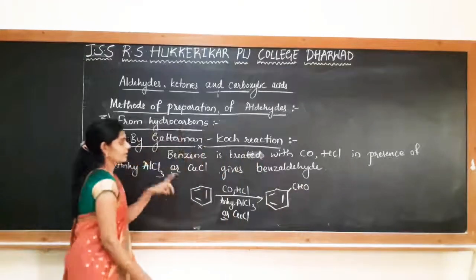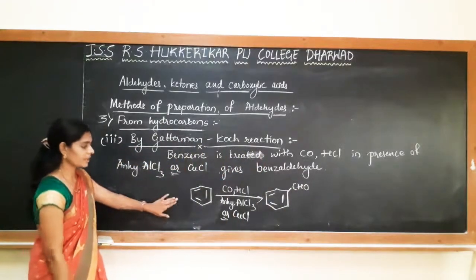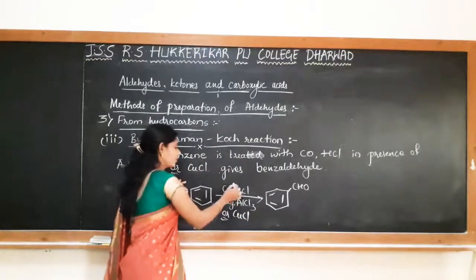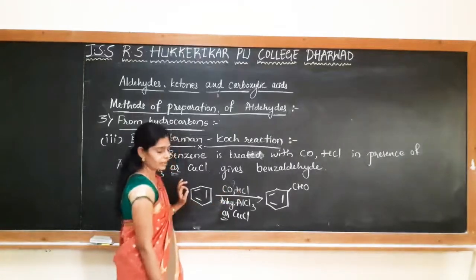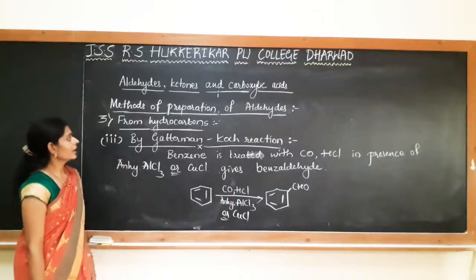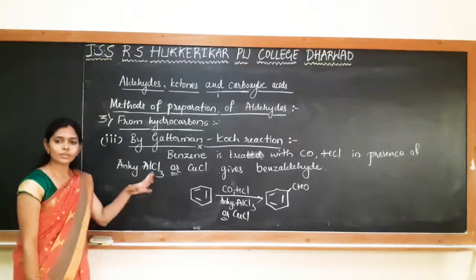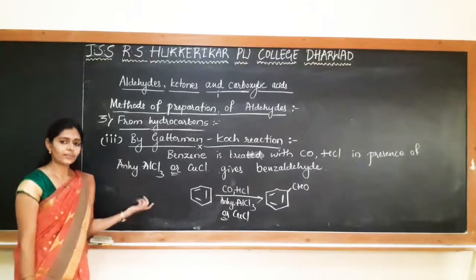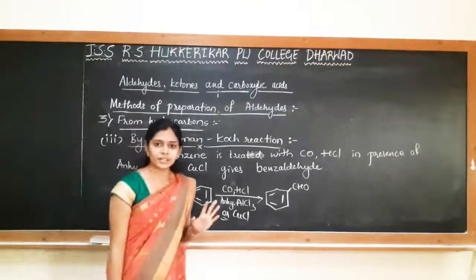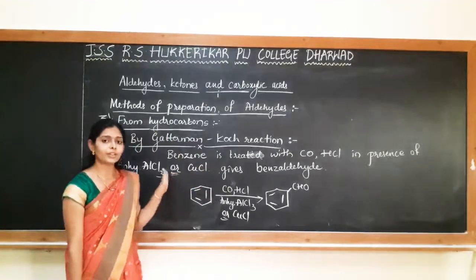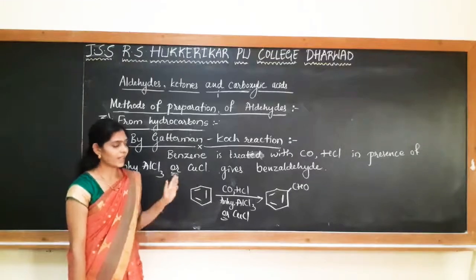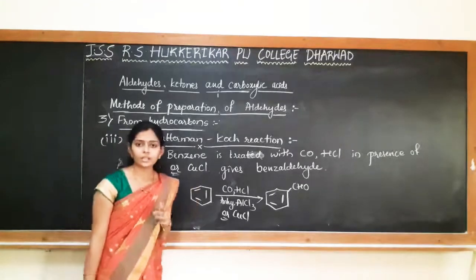Okay, so this is the Gattermann-Koch reaction, very important for the examination. They can put the question mark on the product side, you have to complete the reaction, or they can put the question mark on the reaction condition. Okay, so these are the special methods of preparation of aliphatic aldehydes and aromatic aldehydes. I hope all these reactions are clear. These are very important reactions for your main exam as well as for the competitive examination. So go through all the reactions, write them down, practice them well. We'll continue in the next class. Thank you.